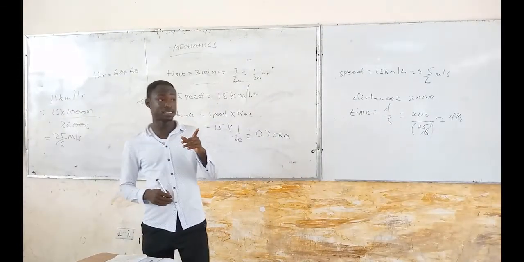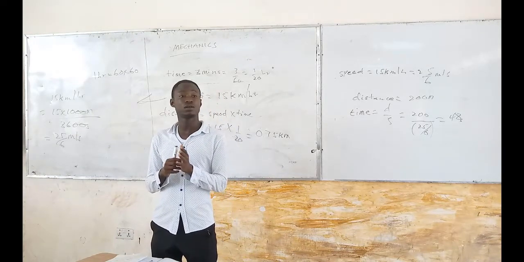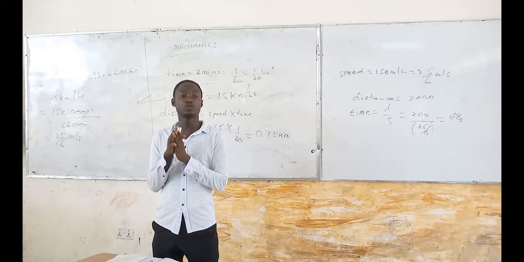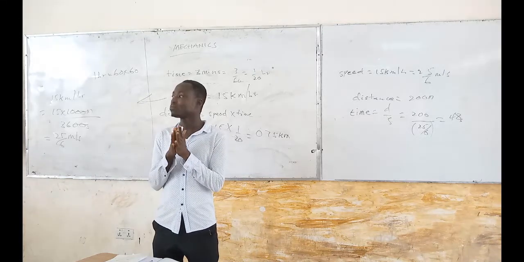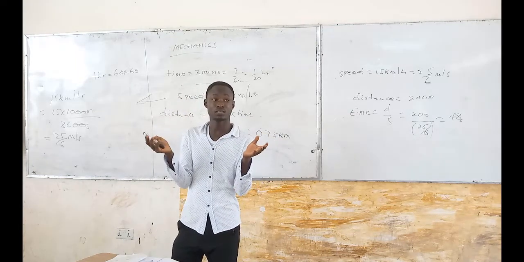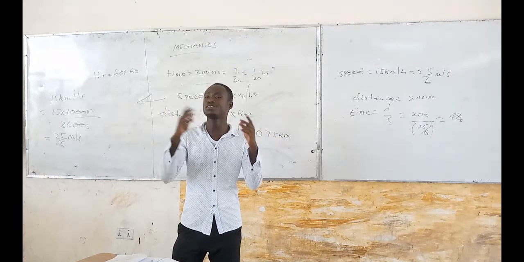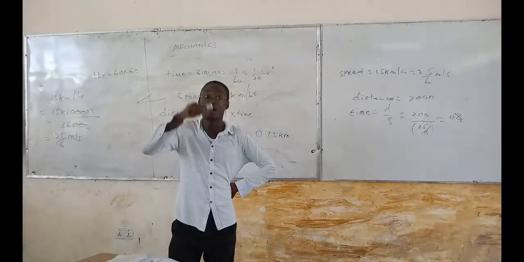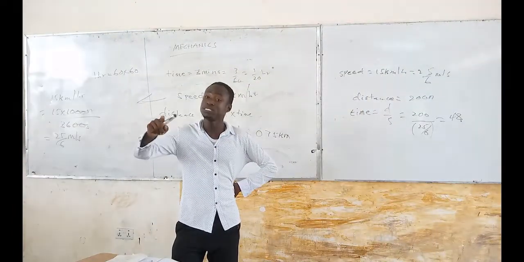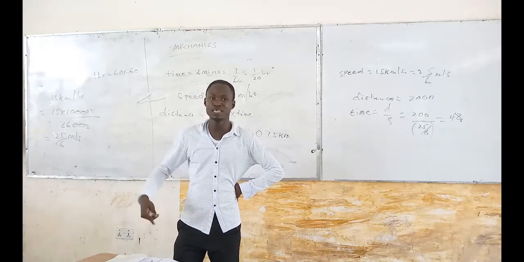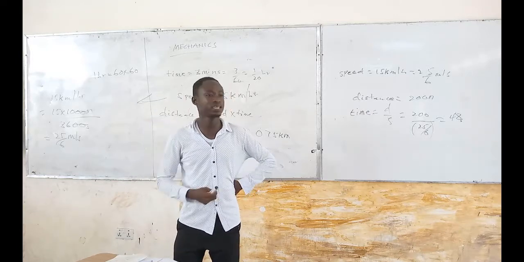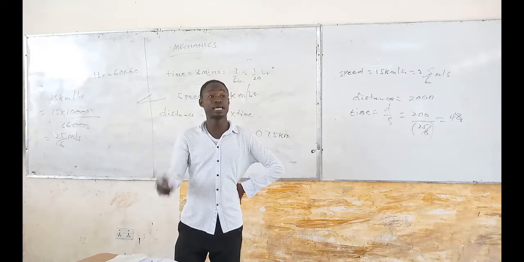And then we also have speed. We have already defined that, and we had the formula. What is speed? Speed refers to how far an object travels. Because some problems will tell you to find how far the object travels, not all of them will say find speed or find distance. How far an object travels is the same as what? Distance. Thank you. And you know speed is the same as distance over time.